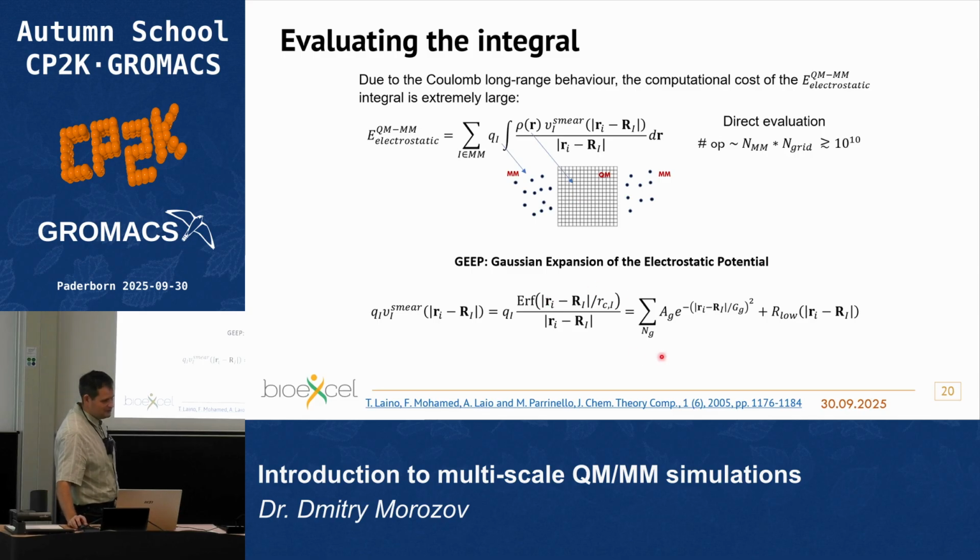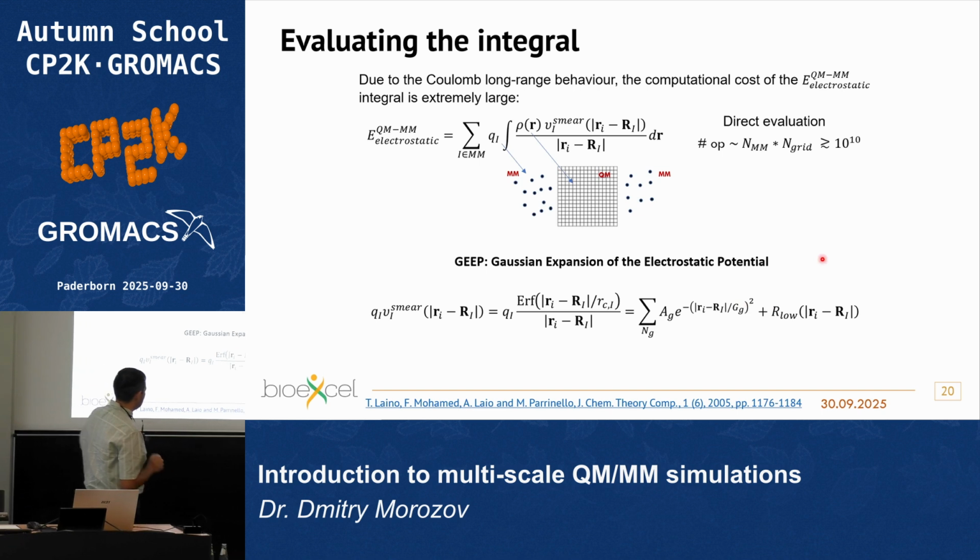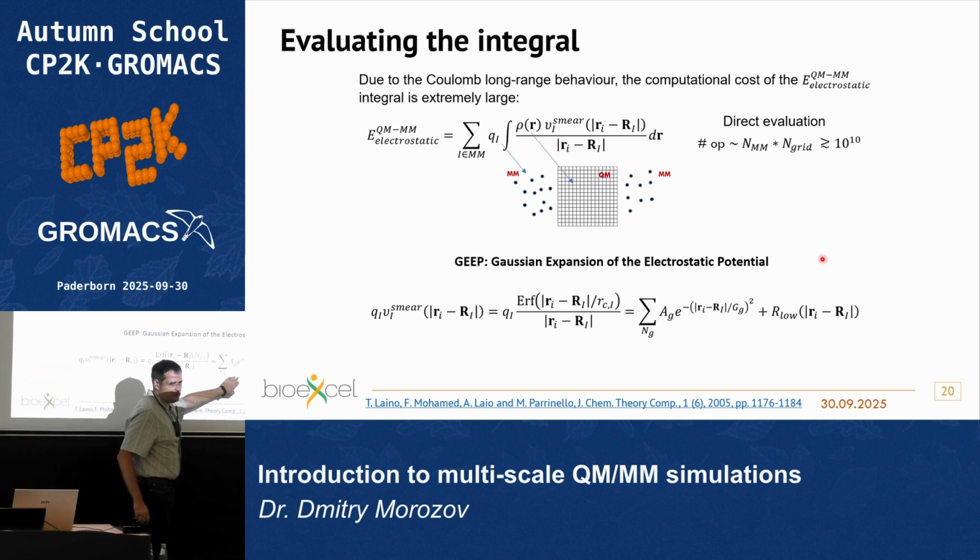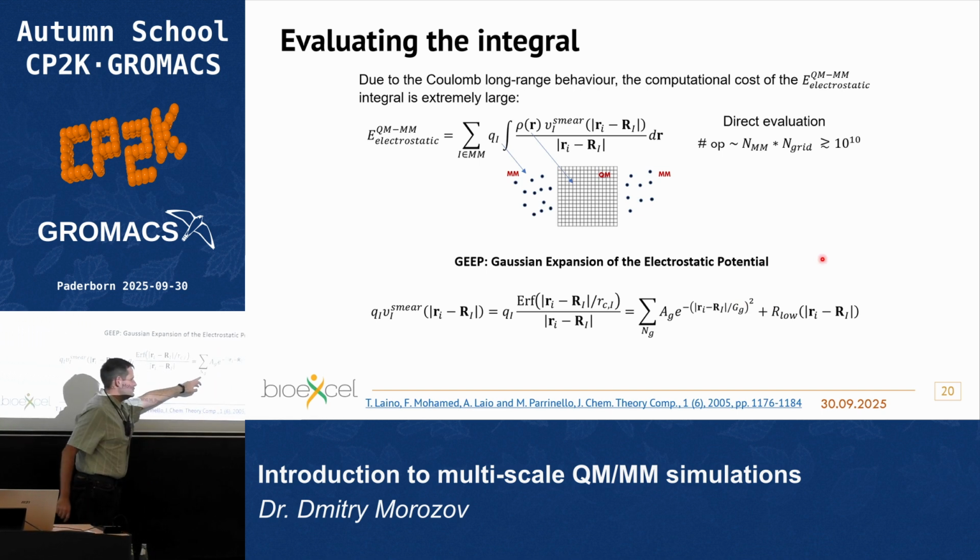It tries to approximate it as a sum of several Gaussians, Gaussian potentials, plus some remnant function, which has been proven in the paper to be really smooth, so it doesn't have any sudden behavior. It's just a very smooth function. And then for each point charge, you do this kind of expansion, which can be calculated analytically. The number of Gaussians is the only parameter, but it's typically between 4 and 12 Gaussians per one